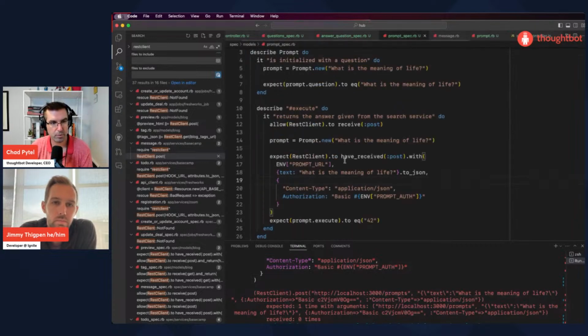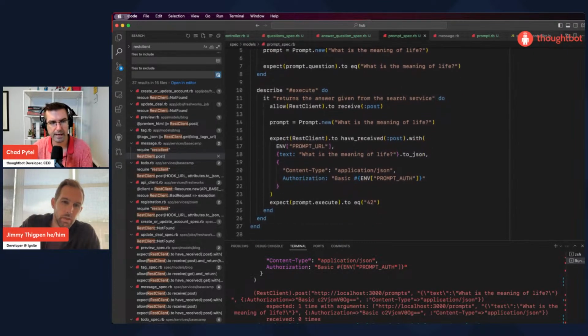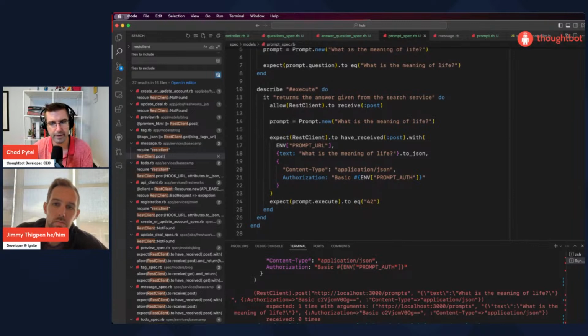In this case, I think we're pretty fine, but writing a fake is more overhead. So we want to not do it if we don't need to. In this case, I think the prompt class is going to be fairly isolated. It's only ever going to be called when we are writing questions to the hub bot, and that's not going to be happening as a side effect of using existing functionality in Hub. It's only going to happen when we receive a controller request in. So I think our specs here can just stub it and it will be okay. And if not, we'll feel the pain along the way, and we can write a fake if we need to.